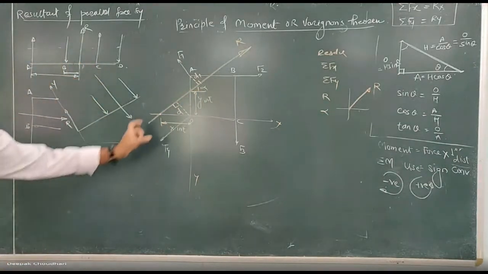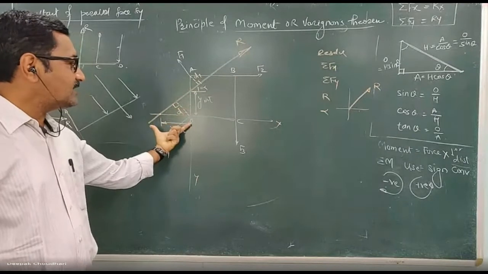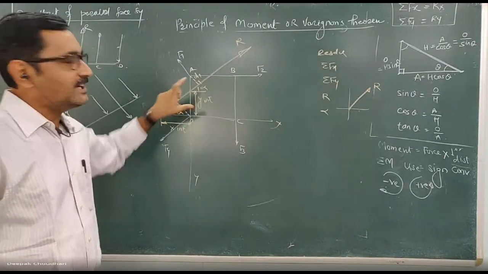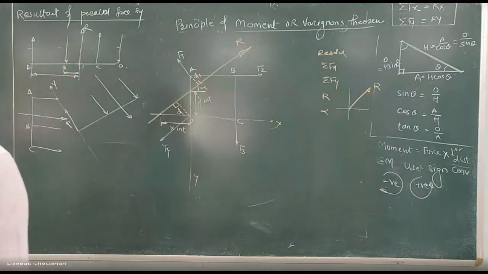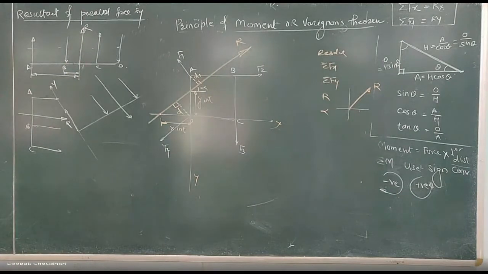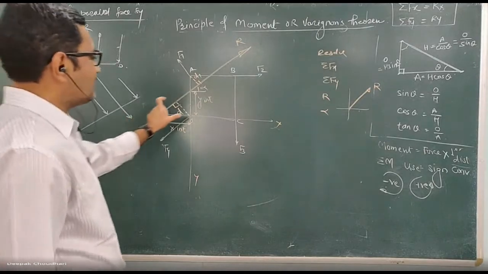Okay. Here, this is the perpendicular distance of the resultant. This is the x-intercept of the resultant. This is the y-intercept of the resultant. Here, so you have to read the question carefully, to see exactly what is asked. If nothing is mentioned clearly, directly calculate this perpendicular distance D.